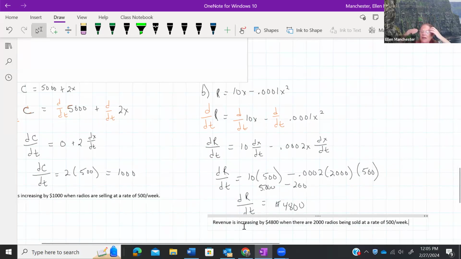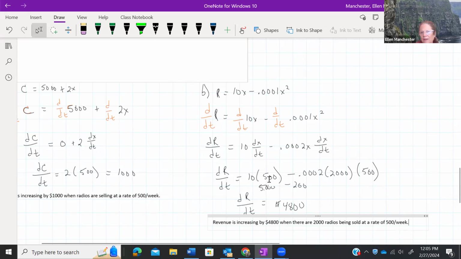Okay, so again, that's that idea that it's that instantaneous rate of change, right? We have information at a very specific point. And that's what makes calculus so great. Algebra just gives us one thing at a time, whereas we can now use this exact same derivative and change the numbers, and we can see how our revenue is going to change.